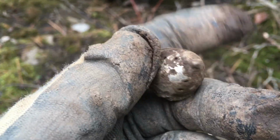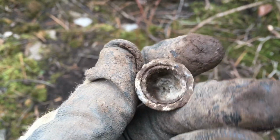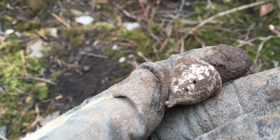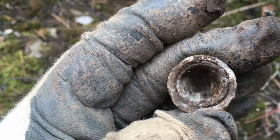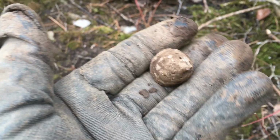Kind of has holes in it, almost like it's, I don't know, it's a real head scratcher. Looks like it's made of die cast or something. But no idea what this thing could be. It looks like it broke off something here, so. And yeah,